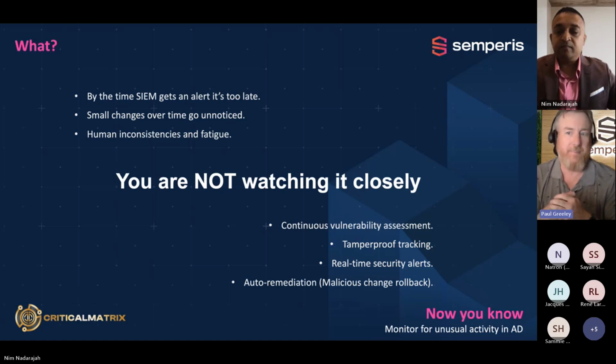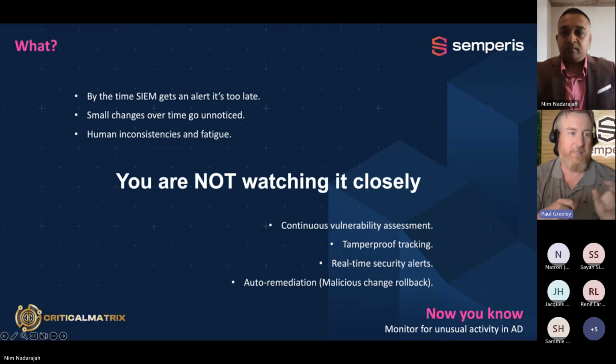For that group, we want to know who is making changes and when. I tell people, let's put auto remediation on domain admins, so even if someone joins that group, they're automatically taken out because we didn't approve it. Knowledge is power in AD.